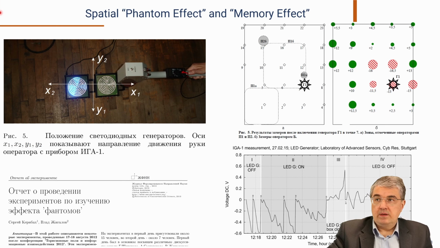One of these attempts has the following form. We use the EGA-1 device. This equipment is quite sensitive to electrostatic charge, and to standing waves in the room, created, for instance, by 50 Hz emission. And this device in fact should be moved over the place, and if there is any electromagnetic anomaly, the readings of this device increase. So in fact, moving over the place, we see a kind of spatial anomaly.